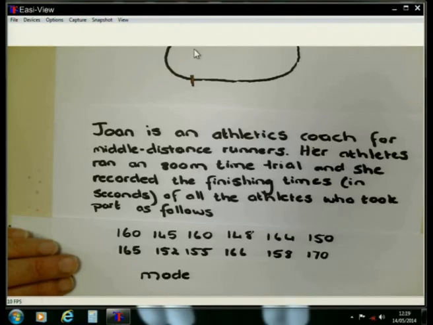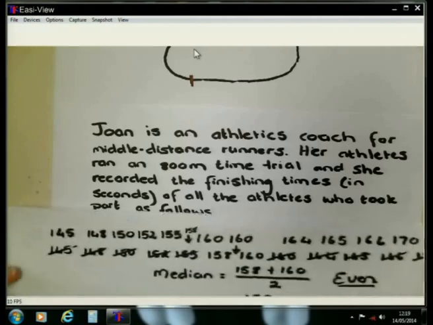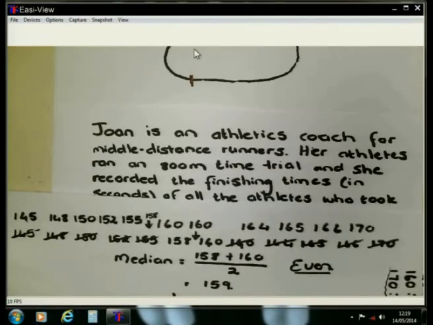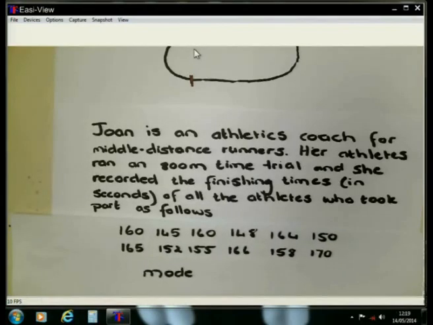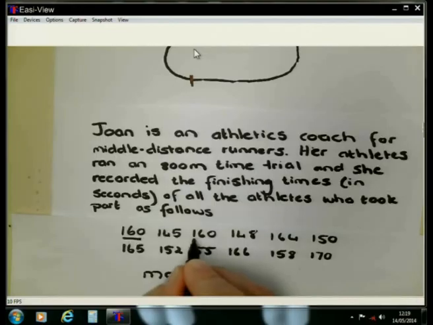When we are looking for the mode, we are looking for the number that repeats itself. In other words, the number must appear more than once in this data set. Now, if the numbers were arranged like we did when we did the median, it is easy to see that it is 160 and 160 that is repeating itself. When it is like this, you can also just scrutinize and check which number is appearing more than once in this data set. And if you go and look, you will see very clearly it is the value of 160.